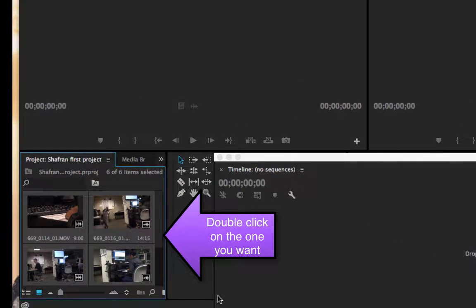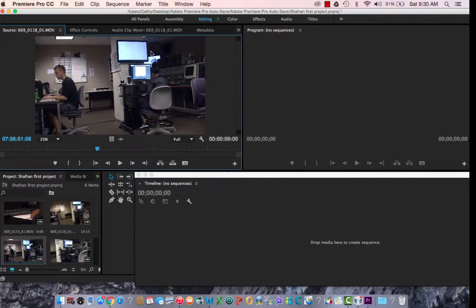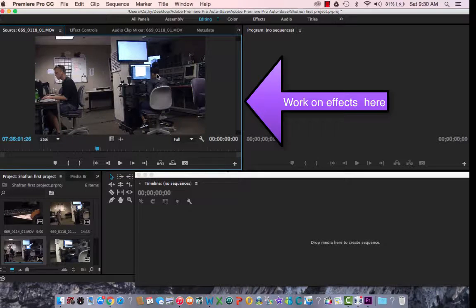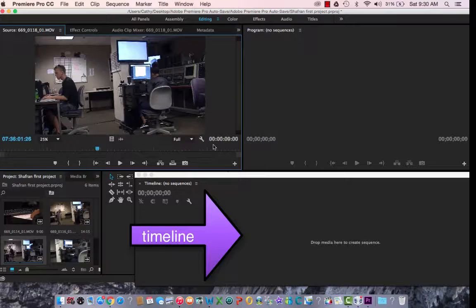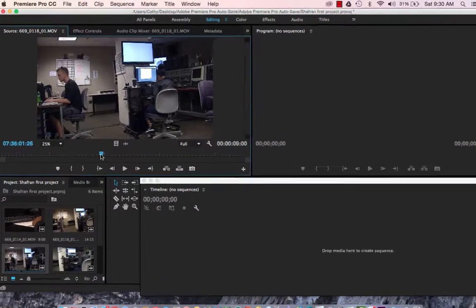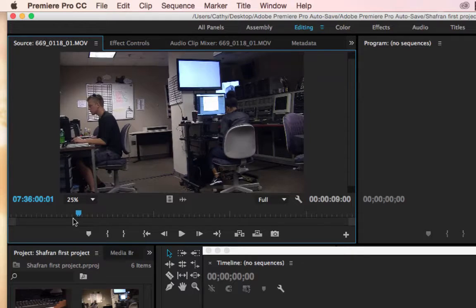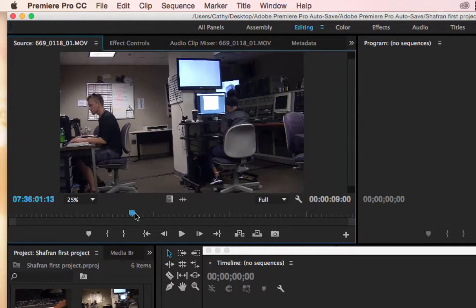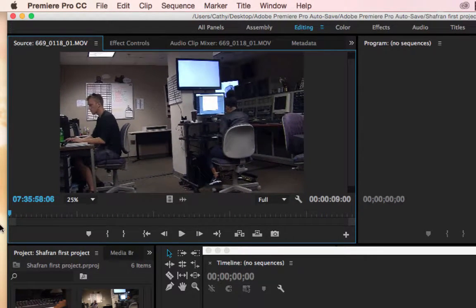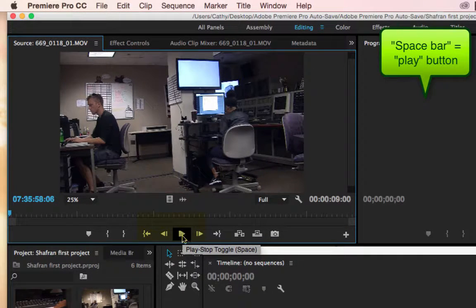Let's say we want to start with a wide shot on what we're going to edit. So first we want to look at the picture, so we double click on it and it comes up in this section here. And this is where you work on it before you take it to the timeline. If you grab onto this cursor, you'll see this takes the video back and forth like this. So if I take the cursor to the beginning and I click on play, let me tell you at this point, you can either click play or you can click the space bar on your computer. Both of those will start and stop